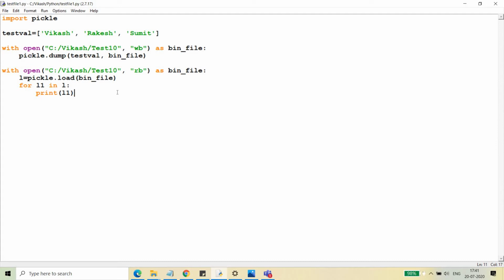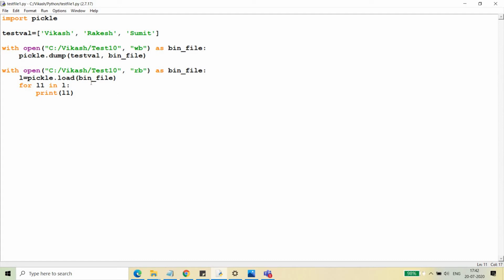And the thing is, when you use pickle and you are reading the file into your program, the entire file gets loaded into your program. It is loaded entirely in your cache, right? So if there is a very big file, and that big file contains some structured values like key value pairs, then in that case pickle will be loading the entire file in the cache, and that will not be a very good idea, right? So for that we have another library provided by Python, which is known as shelve.